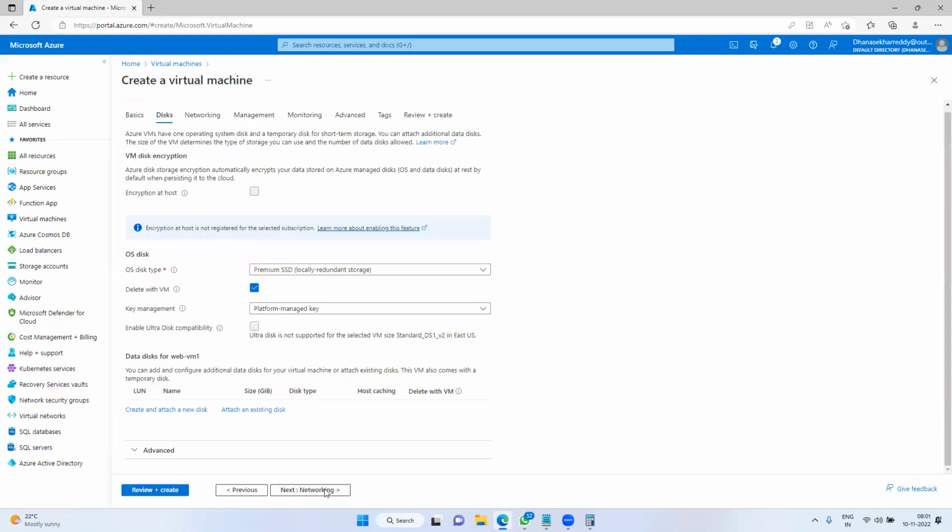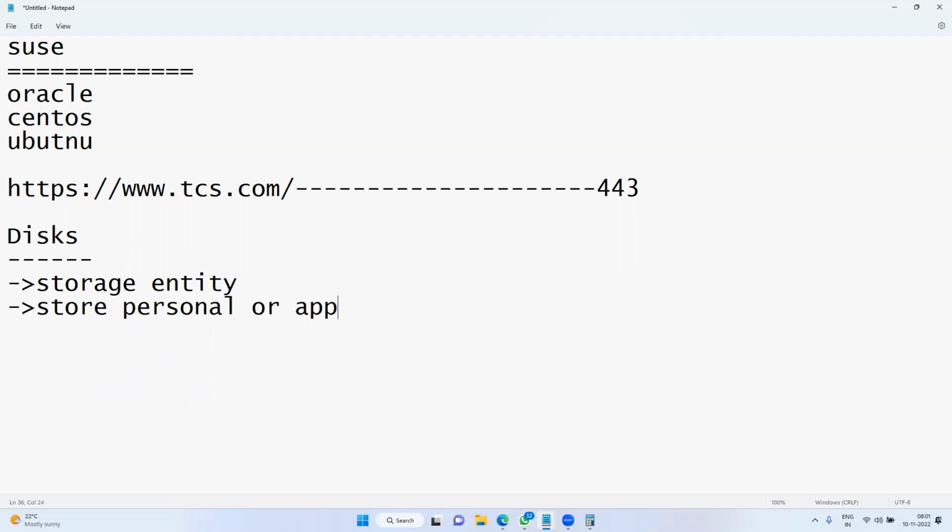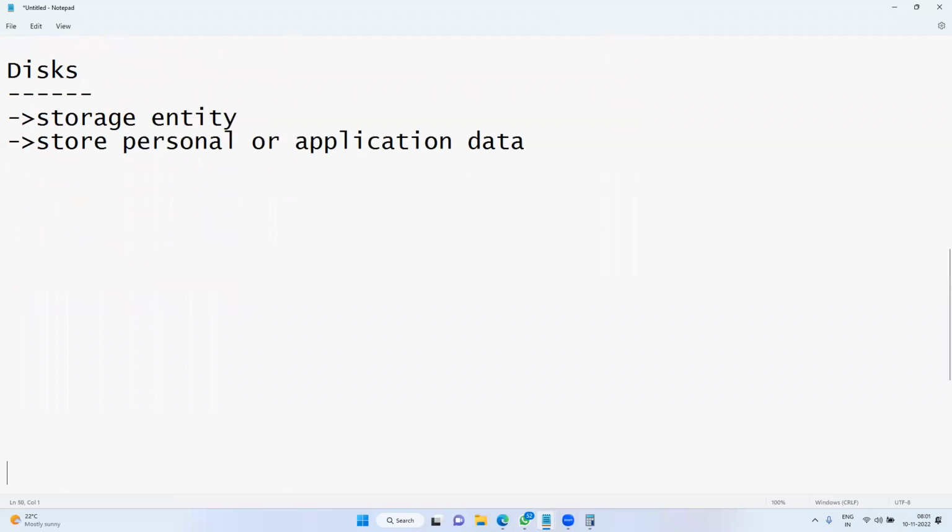Next, disk. What is a disk? A disk is a storage entity, and it is used to store personal or application data.